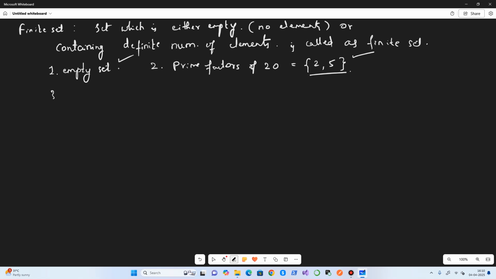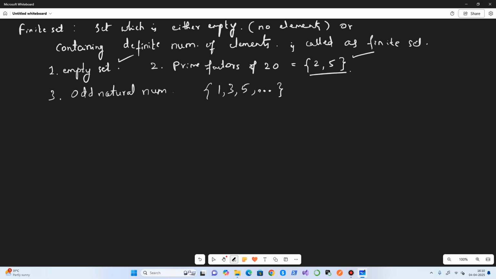Now if I say odd natural numbers, that means 1, 3, 5, like that. Here, do we know how many elements there are? No, we don't, because we don't know what the maximum number is.